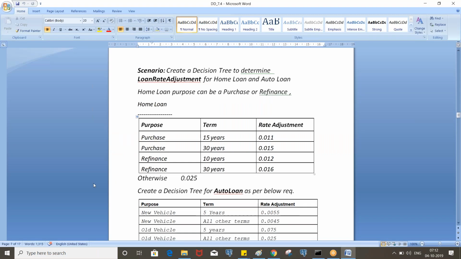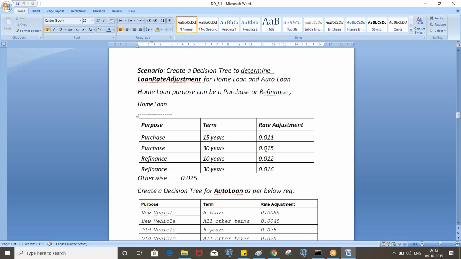So here, if the loan type is home loan, then inside the home loan we need to consider loan purpose. If the loan purpose is purchase and term is 15 years, we need to return this value. In the same loan purpose, it can be a different loan term, right?